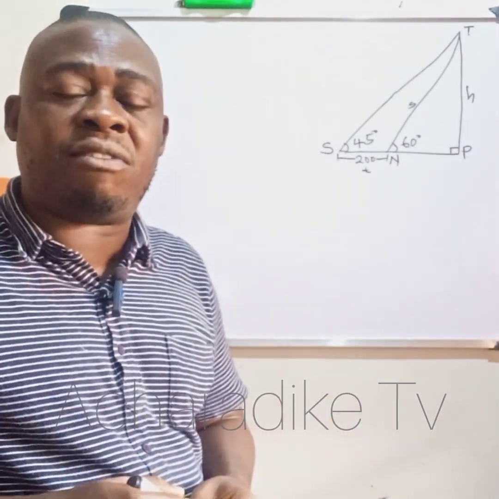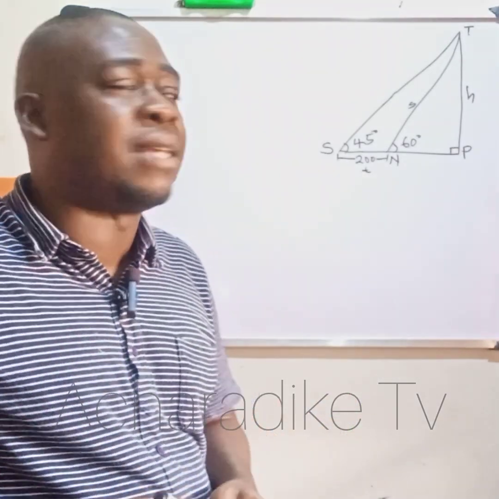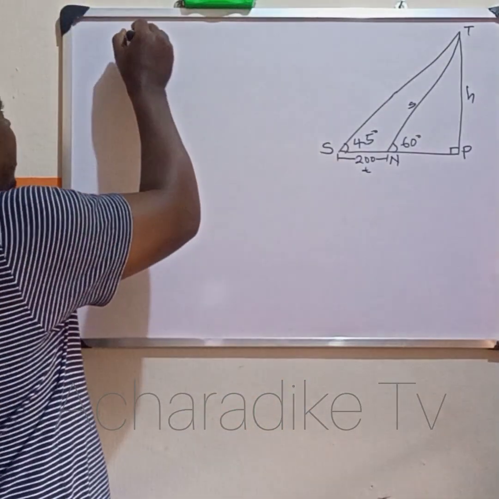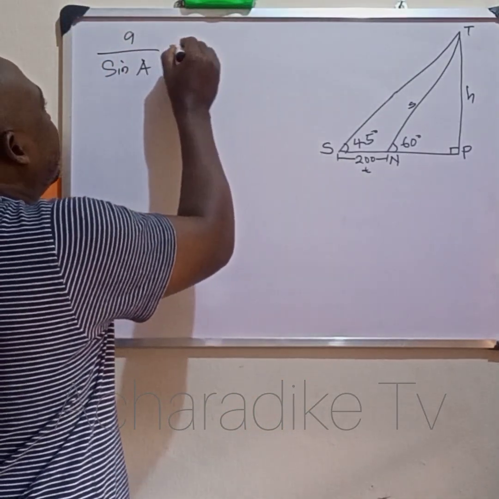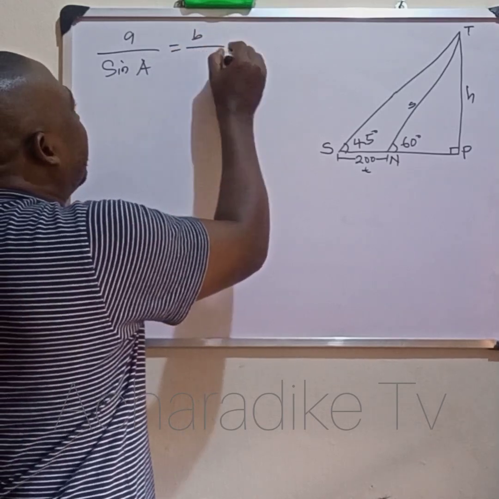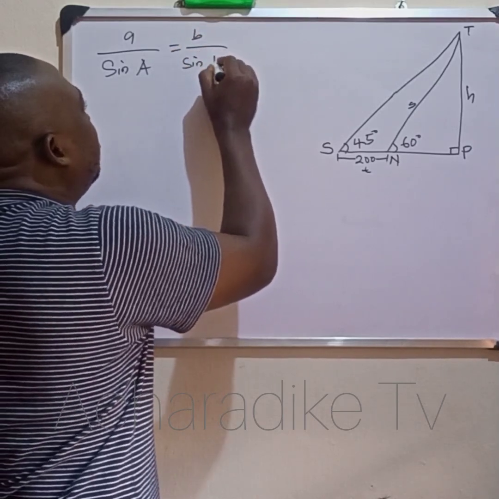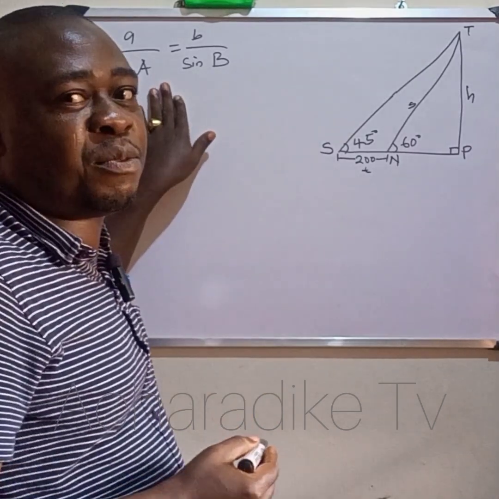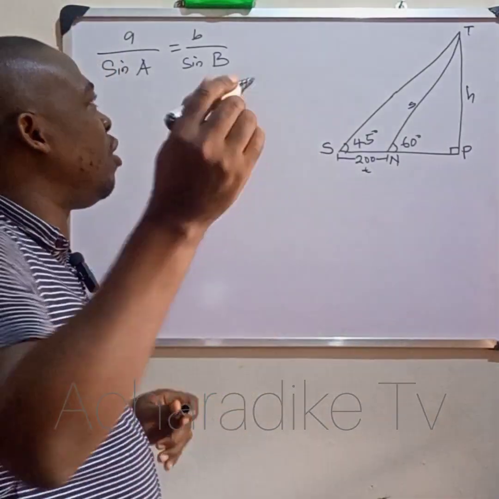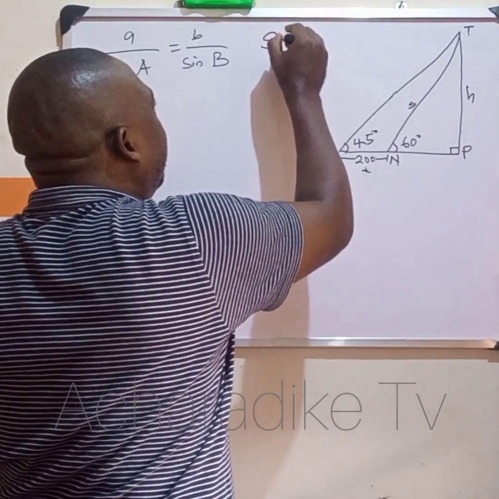For those of us who are conversant with trigonometry formulas, you will remember that A all over sine big A is equal to B all over sine big B. Now, you call this the sine rule, okay? And also remember the abbreviation